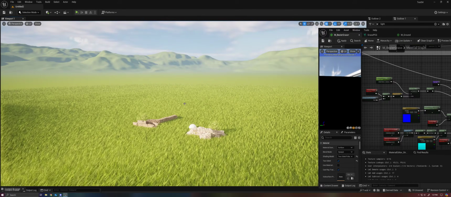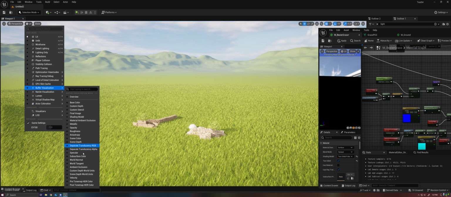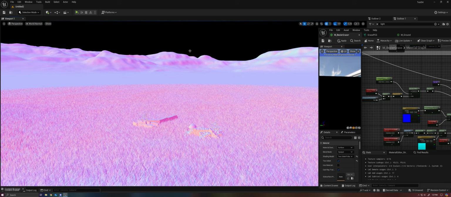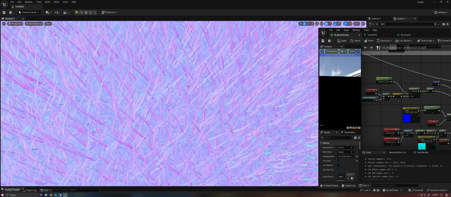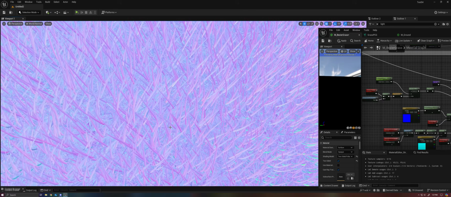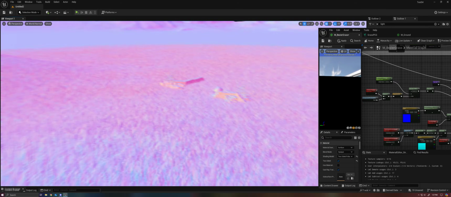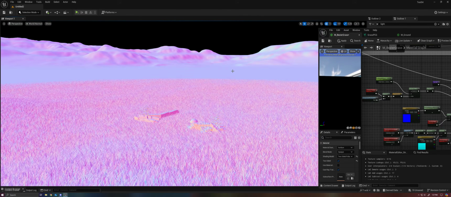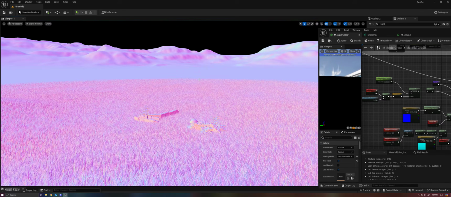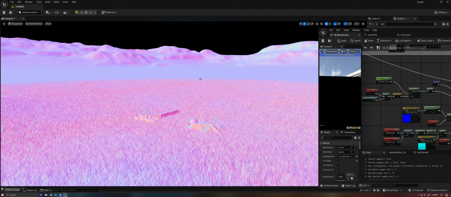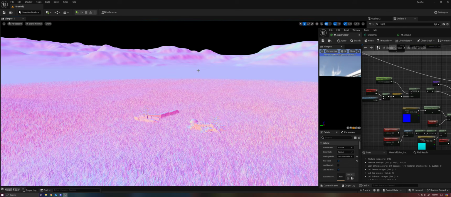The idea here is that the normal vector of the underlying terrain is pointed directly towards the sky, right? Whereas if we look at any individual blade of grass, its normal vector is not usually going to be pointed straight up. It's going to be pointing in some random direction depending on the rotation of that blade of grass. And so this causes a discontinuity where the blade of grass's normal kind of disappears,